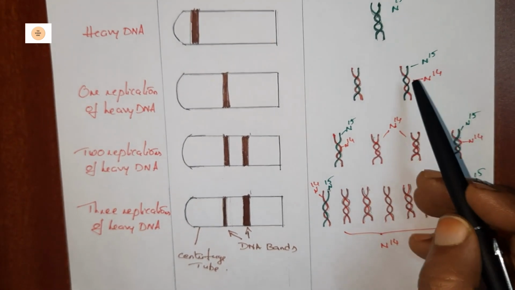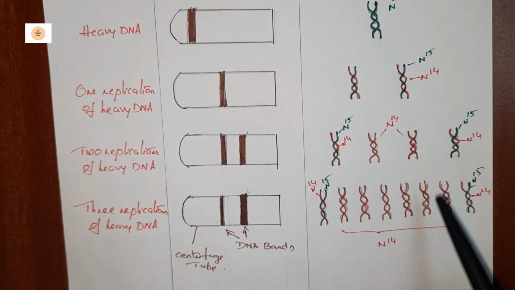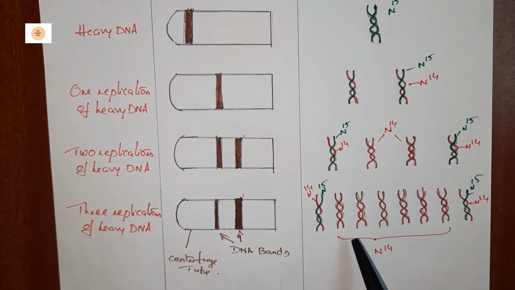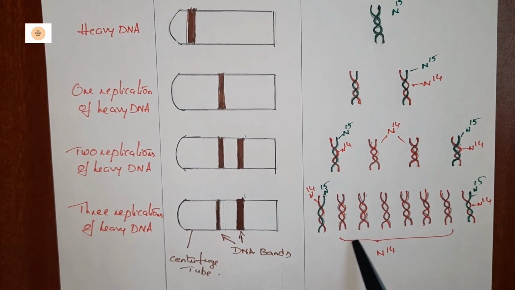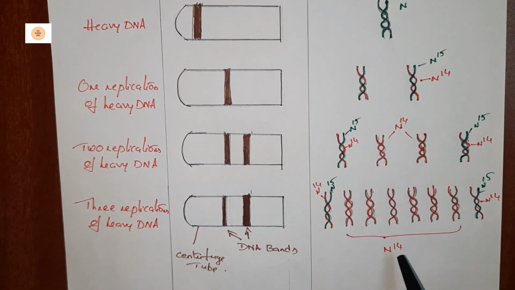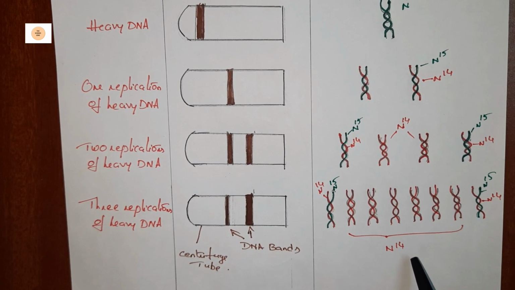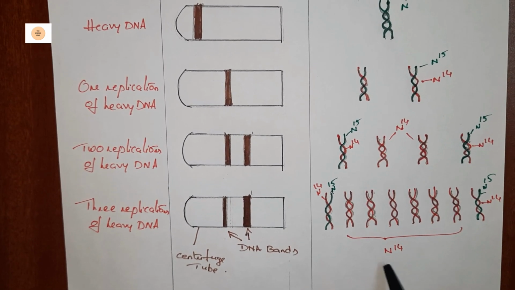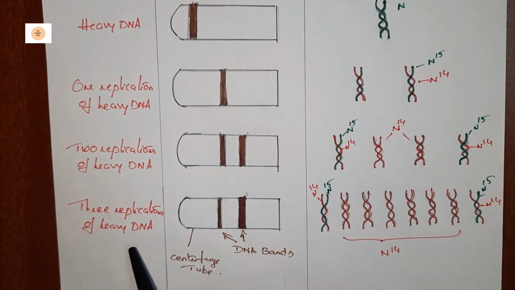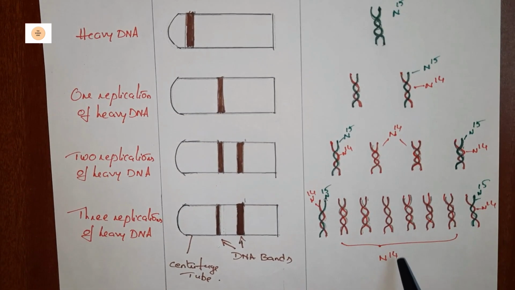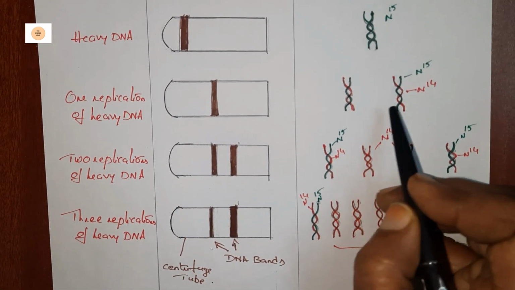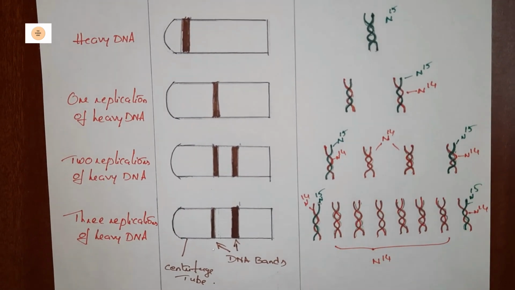This is F1 first generation, second generation and third generation. In the third generation, here there are light DNAs 6 in number and hybrid DNAs 2 in number. Altogether 6:2 means 3:1. So the ratio of light DNA to hybrid DNA is 3:1. So at the third generation step, we got a 3:1 ratio, whereas here 1:1, here also 1:1, 50% character.